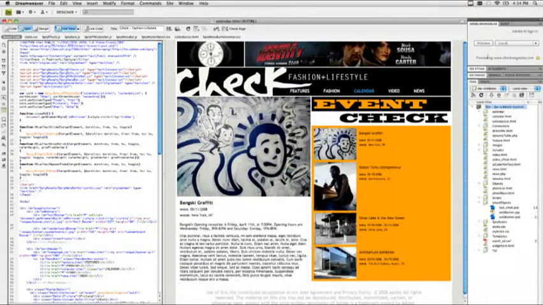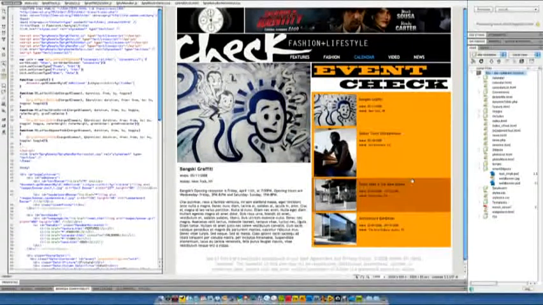I'd like to draw your attention up here. You'll see that BrowserLab panel is actually aware of what's going on in the browser. It knows right now that we're previewing www.checkmagazine.com. But I've been doing some work here, and I'd like to take a look at this page in a slightly different state. In fact, what we're looking at on the website is really just the page that loads in a browser, but I want to see some interactive states. I want to see some different content loaded in via Ajax. I want to see some different interactive states of these interface elements as well,